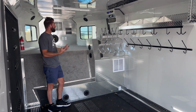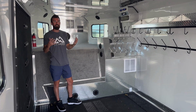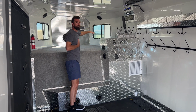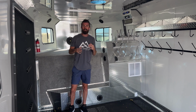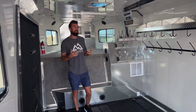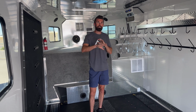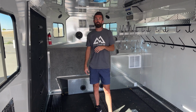The nice thing about that is it got that second furnace away from this first furnace so they don't overheat each other. It also gives you a lot more room on your gooseneck where that second furnace used to sit here. It's now moved back in the box. So as you can see, now these gooseneck trailers have so much heat, and it's designed way better so that it really gets the trailer hot, evenly dispersed,